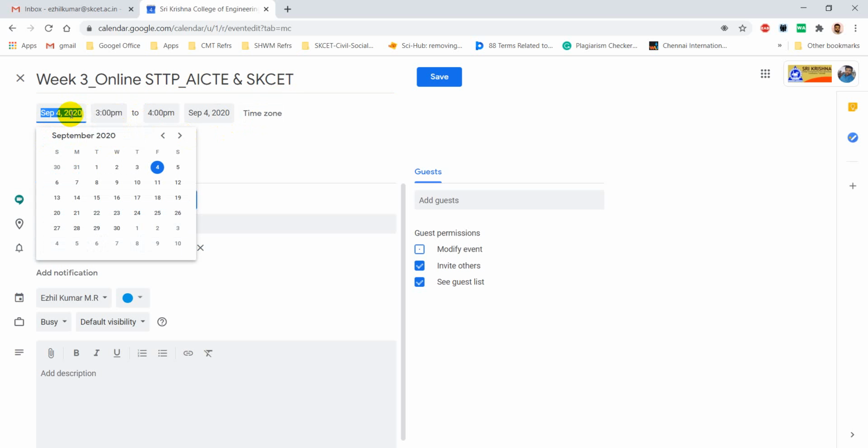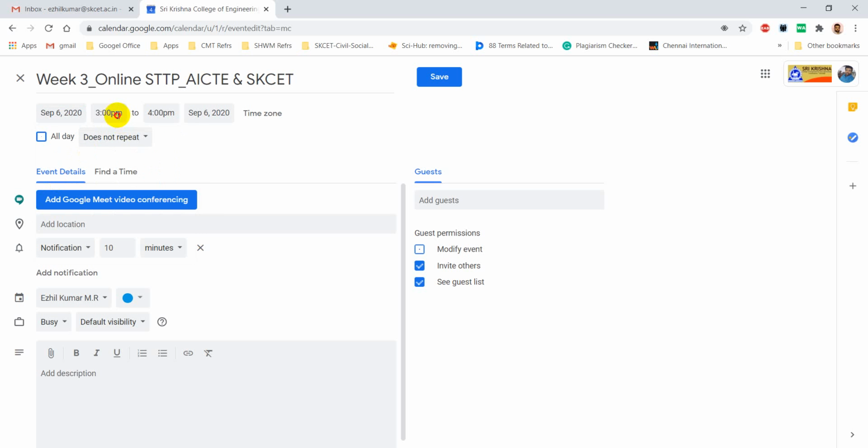So from when till when this link needs to be active, and our session will start on 7th. So prior to that I am fixing one date before to that.